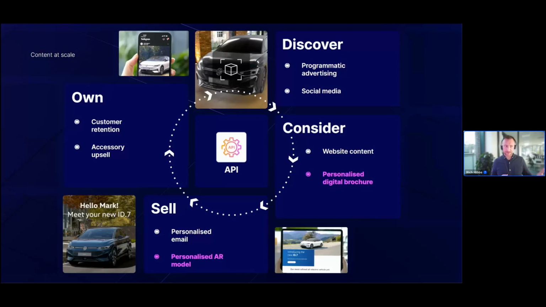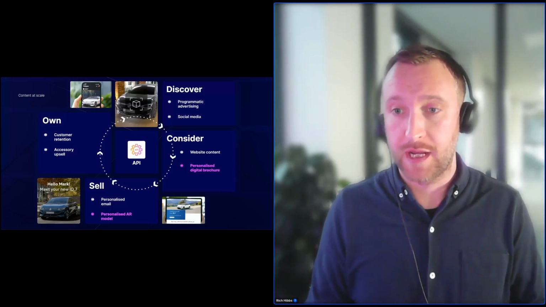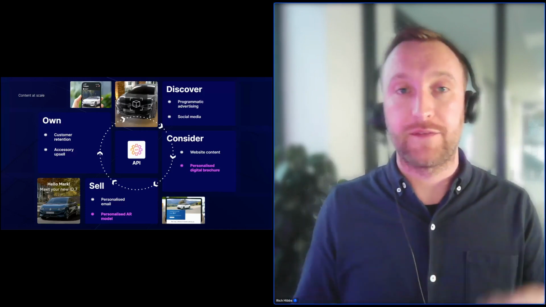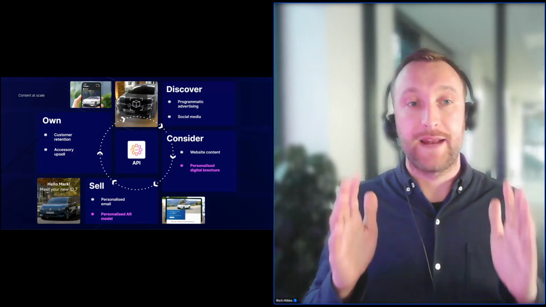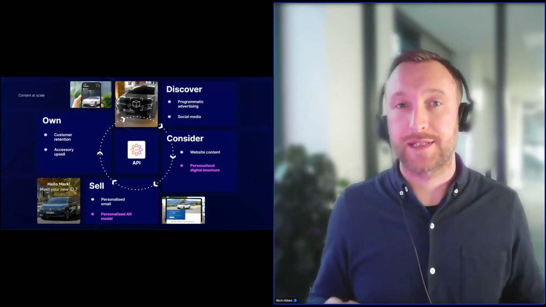So, as we've seen, the Spotlight platform can create imagery, it can create videos, you can create AR models, and we can send those individually to somebody. But we can also package them up and present them in an attractive format, and that's basically what a personalized digital brochure is. Technically, it's a microsite, so it's a single web page. It's a URL that's delivered to the customer, and that we've agreed with whoever the OEM is on what that needs to look like, what the content is, and everything in there is personalized to a customer's specification. So that's what a personalized digital brochure is.